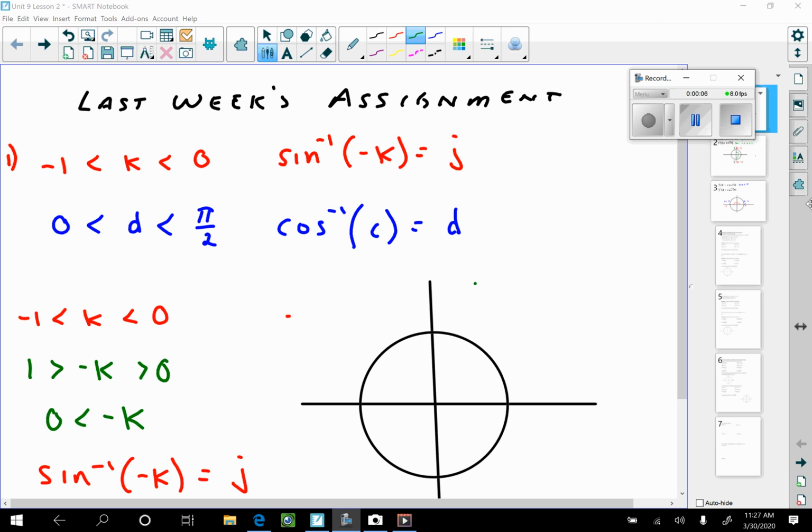Before we get started on Unit 9, Lesson 2, I'm going to go over the assignment that was posted on Google Classroom. The assignment that will be posted this week on Google Classroom, I will not go over until everyone has had a chance to turn it in, and there will be a due date. The due date will be a week from today. Today is currently